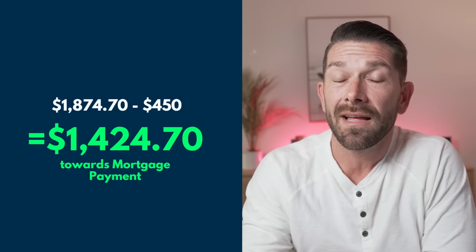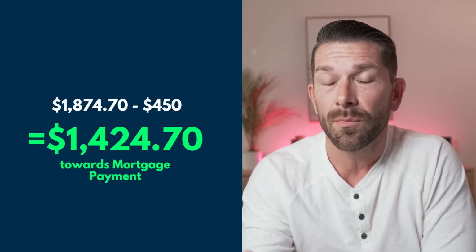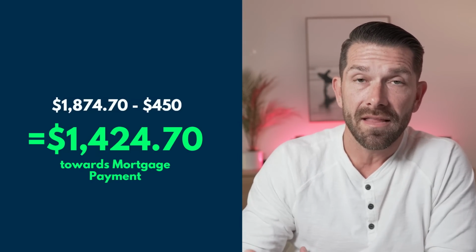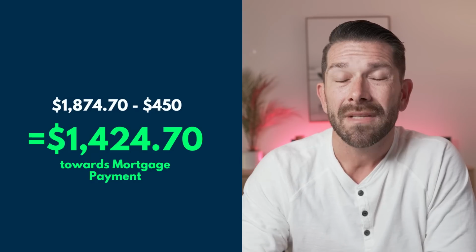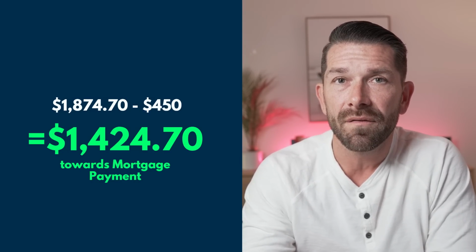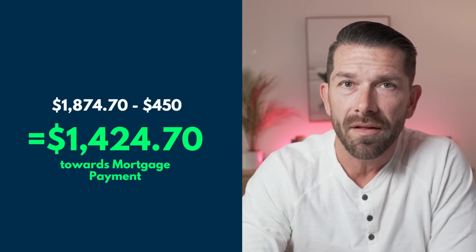And once we take that debt to income ratio of 45% that we had earlier, $1,874, and we subtract that $450 in debt, that means we can't have a mortgage payment more than $1,424 per month. And again, as I mentioned earlier, that's going to include the mortgage payment, the property taxes, the mortgage insurance, the homeowner's insurance. Everything combined can't exceed that